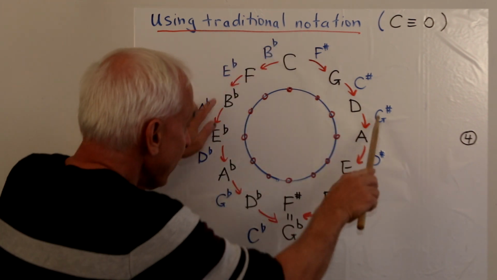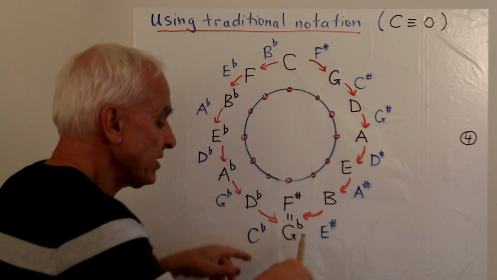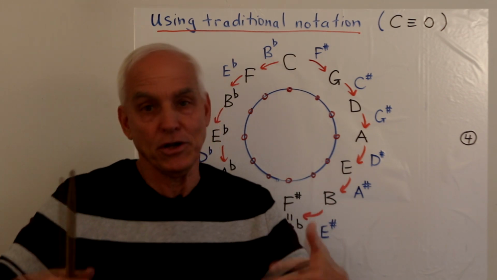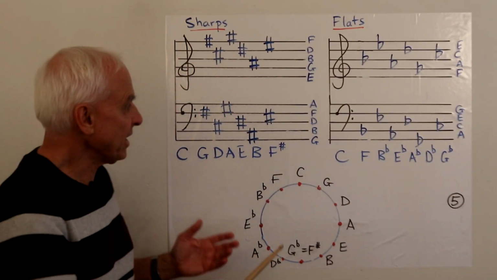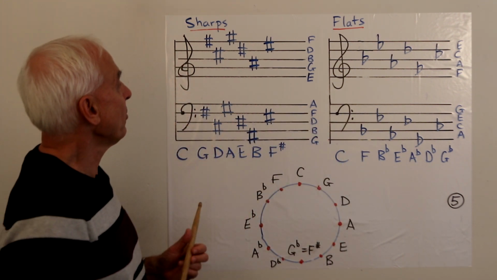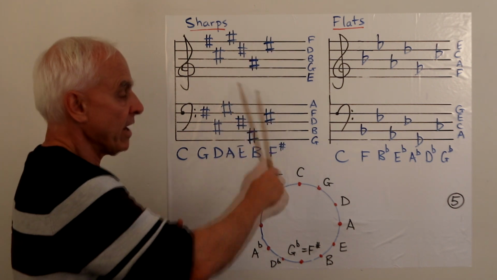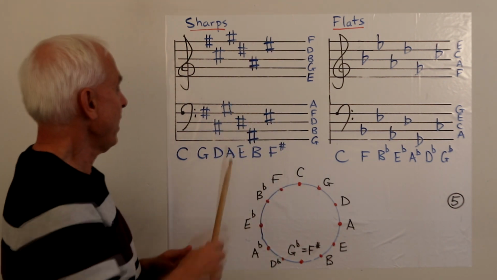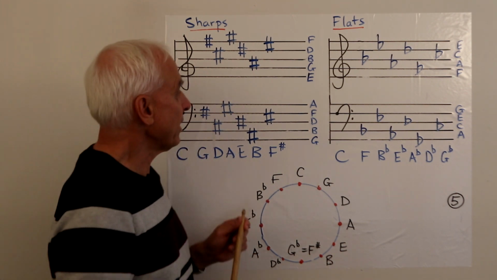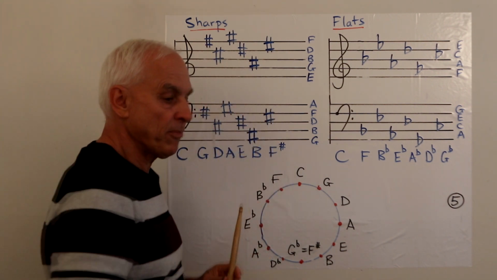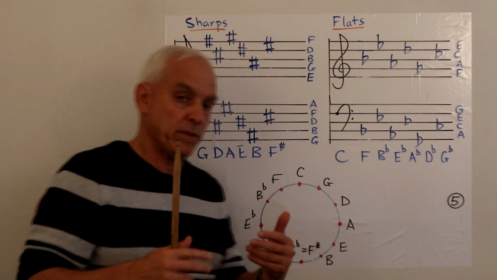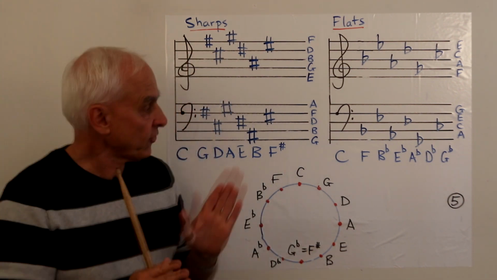And it's these sharps and flats that are on the outside here that are the basis for our modern key signature notation. Okay, so here we see the standard notation that we use to describe notes in terms of 5 lines for the treble clef, typically for the right hand on a piano, and 5 lines in the bass clef, typically for the left hand on the piano. And I'm showing you here the various sharps and sharp arrangements and also flat arrangements that correspond to playing in different keys. So this is going to be quite important for us.